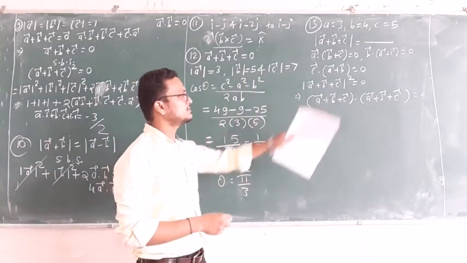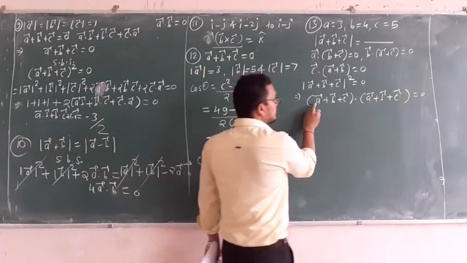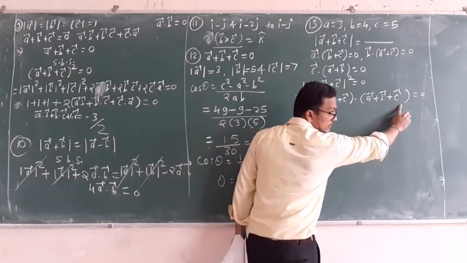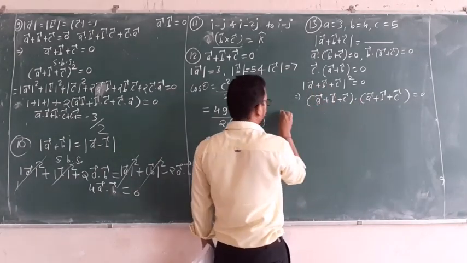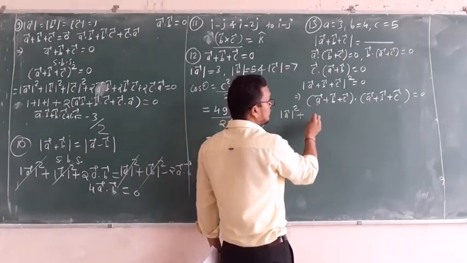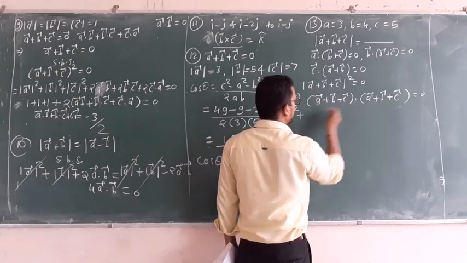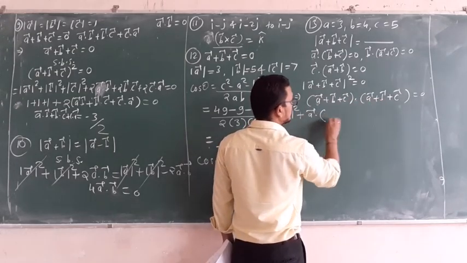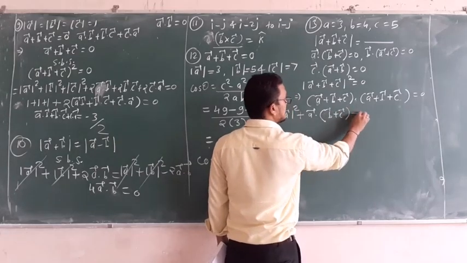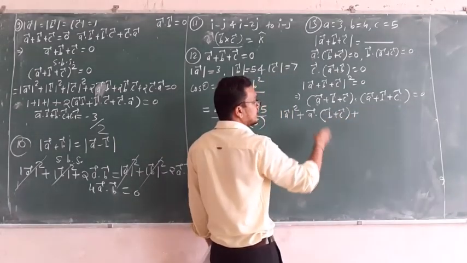Okay, now see A plus B plus C, A plus B plus C. Now from this if I take vector A, then we have to multiply it with all three vectors. A dot A will be what? Magnitude of vector A square plus, now don't take A dot B. What you take? A dot B plus C. A dot B plus C plus, similarly go with the second one.